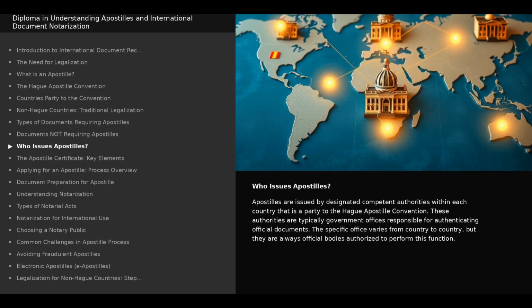Who issues apostilles? Apostilles are issued by designated competent authorities within each country that is a party to the Hague Apostille Convention. These authorities are typically government offices responsible for authenticating official documents. The specific office varies from country to country, but they are always official bodies authorized to perform this function.